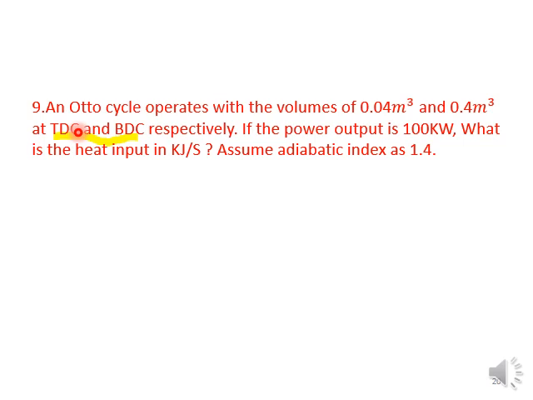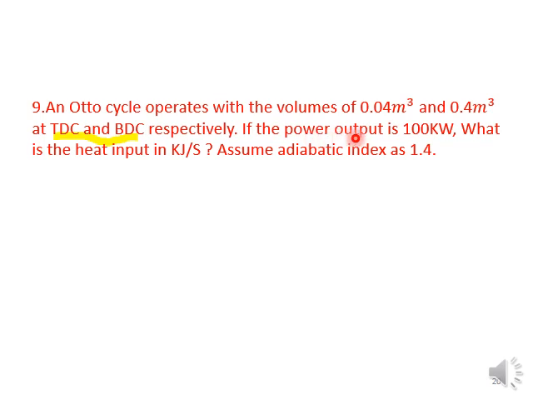The gap between the cylinder head and the TDC is called the clearance volume. So whatever the volume at the TDC represents is the clearance volume, and at the BDC, whatever the total volume in the cylinder is at that point, is the total volume. So total volume is nothing but the clearance volume plus swept volume.